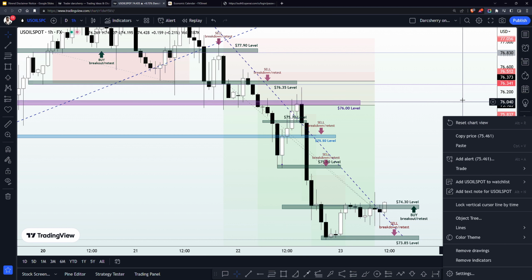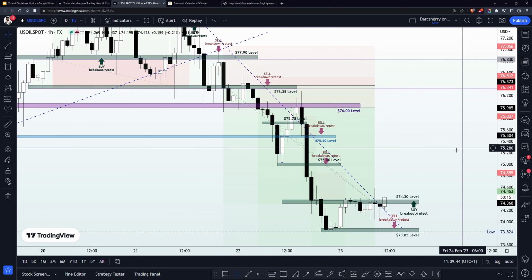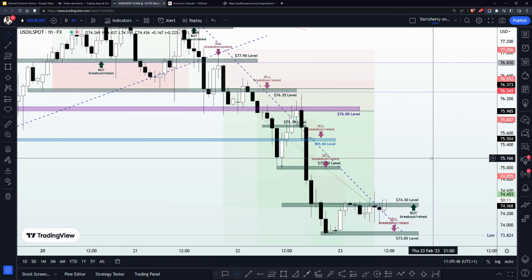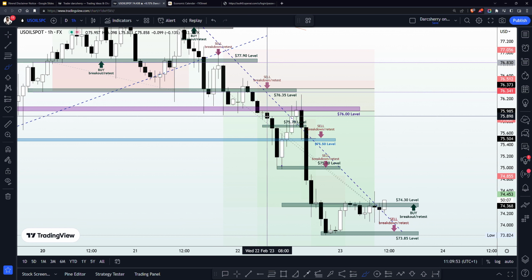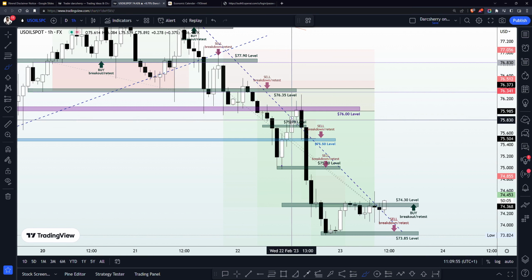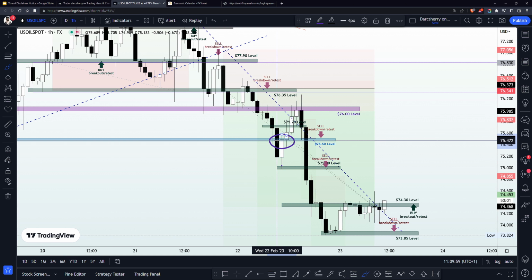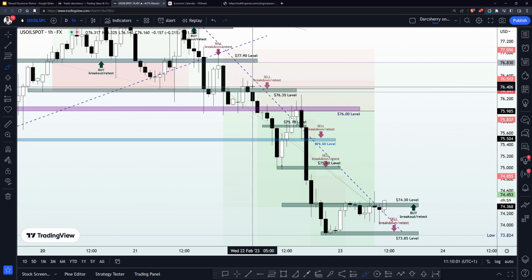And from the look of things here, we have been profitable on the US oil so far in the last 24 hours. And remember, where were we during the live session yesterday? So during the live session yesterday, we were around here, where we saw our price action had done a final breakdown of that